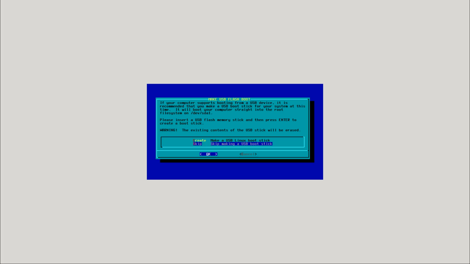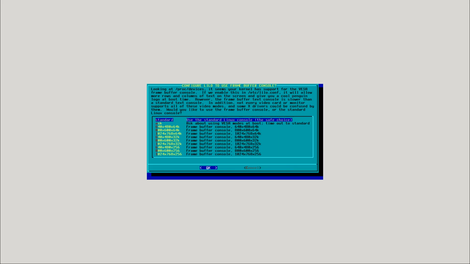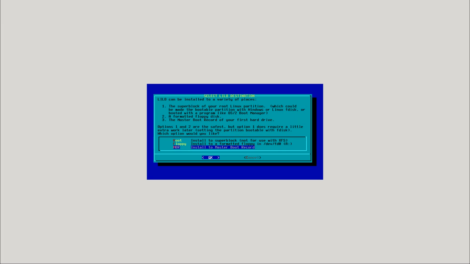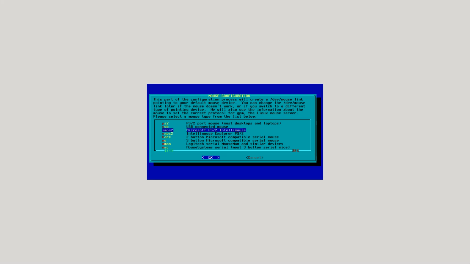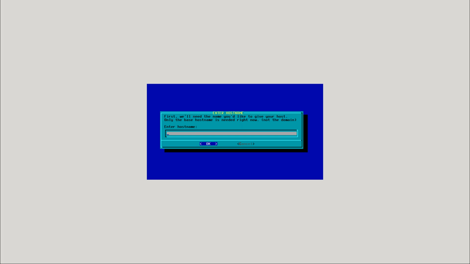And we're skipping XFCE, and we're done with package installs. Okay, great. Now, I wanted to stick with this install demo because there is one piece at the end that I consider important and critical that I'm going to show you. So I'm going to skip making a USB drive. I'm just going to breeze through a simple, default LILO install because I'm going to do MBR. I like MBR because it's simple. I'm going to make it a USB mouse because it's a virtual machine. I'm not even going to bother starting the mouse at boot time. Who cares? Configure the network, host name, Slack,